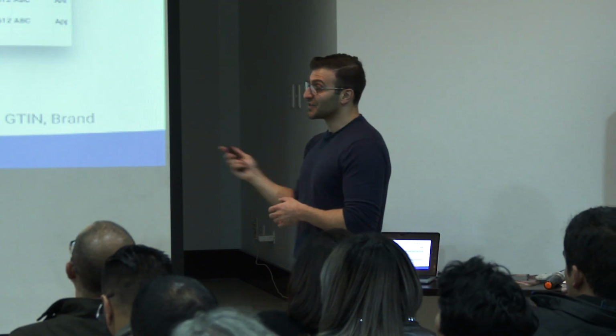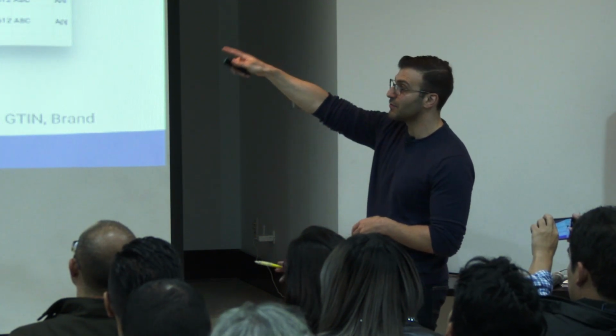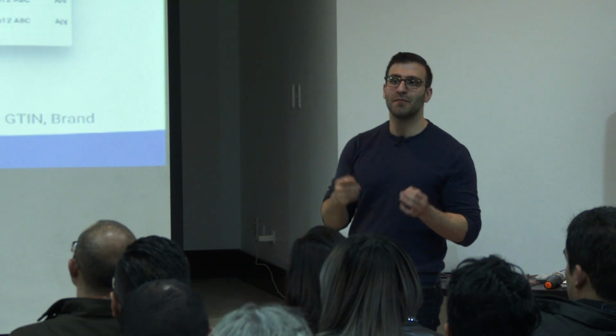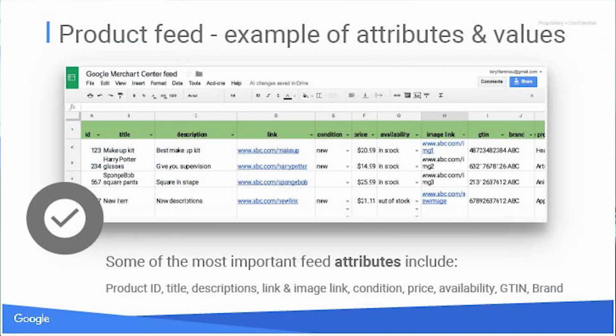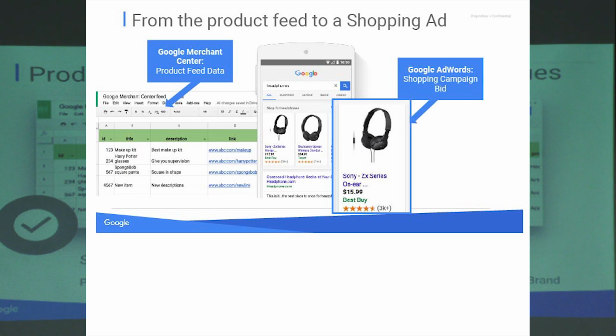So what does a product feed look like? I mentioned this many times, but you can see we have a base requirement of giving us a unique identifier. That's your ID, which often maps to your store SKUs. And then you have your title, description, link, price, and image link. These are things that are always shown in the ad format. And then you have some things that are not necessarily shown, but they're very important. I talked about GTINs, unique product identifiers. If a product from the manufacturer was assigned a GTIN, more than likely we're going to require it. This really helps match the product to the Google catalog and ensures we're serving your right products to the right queries.